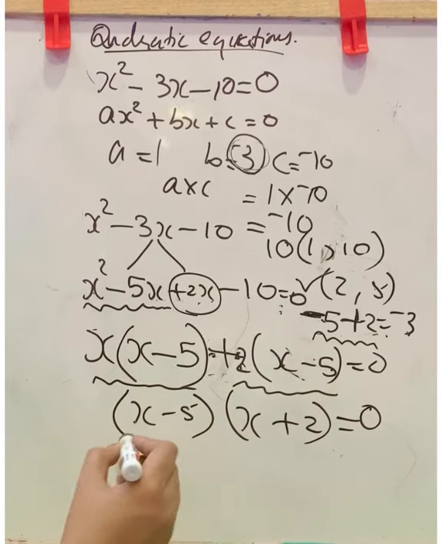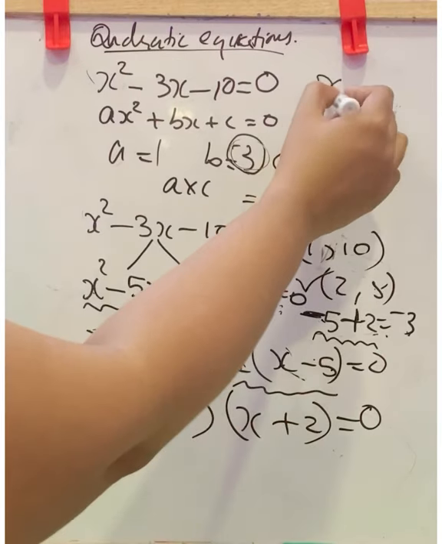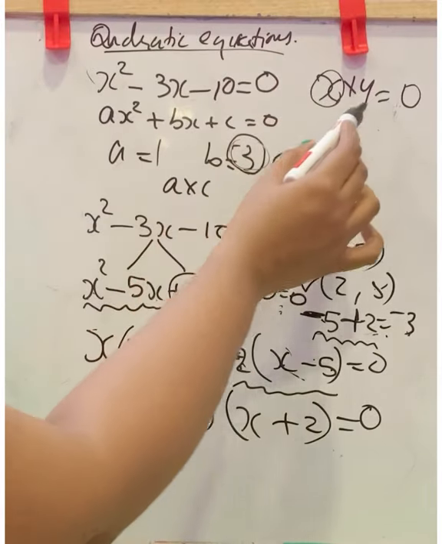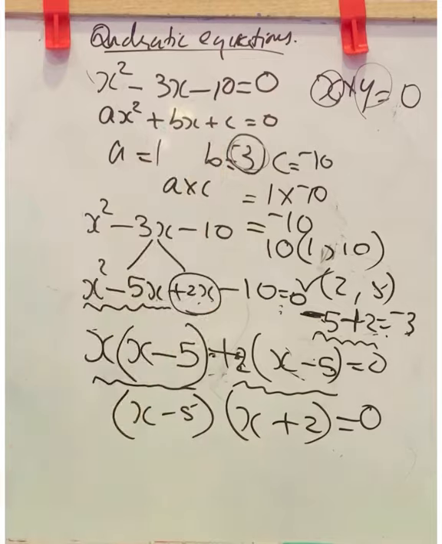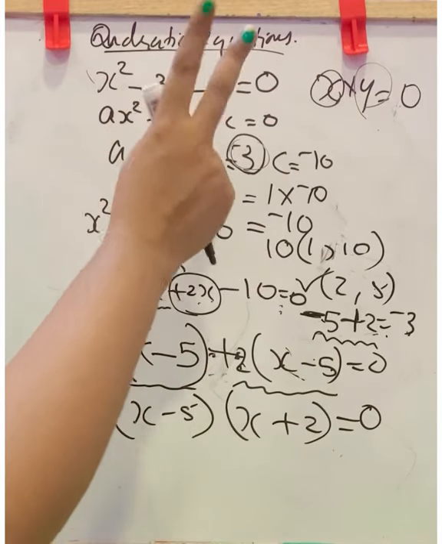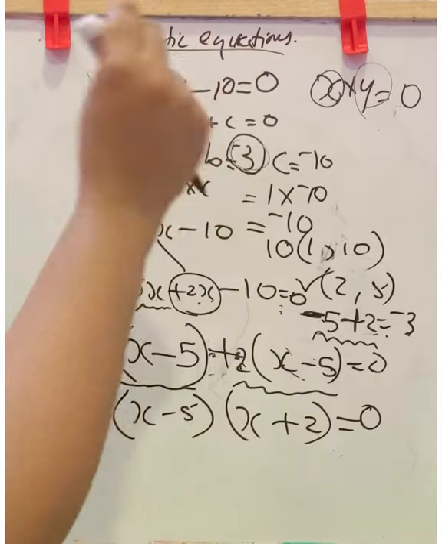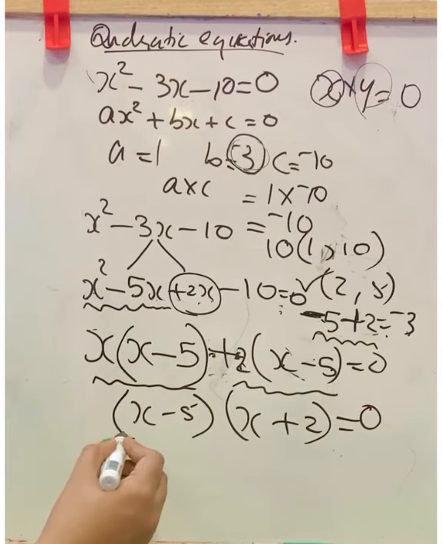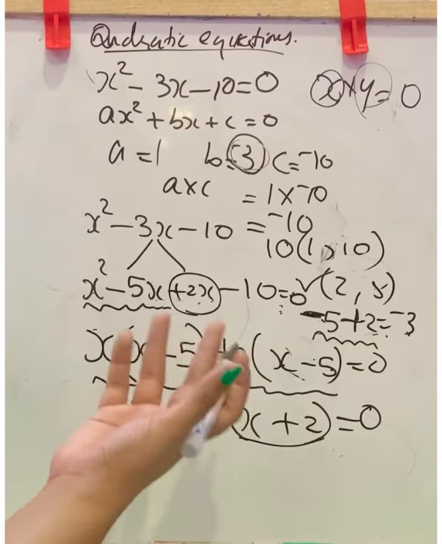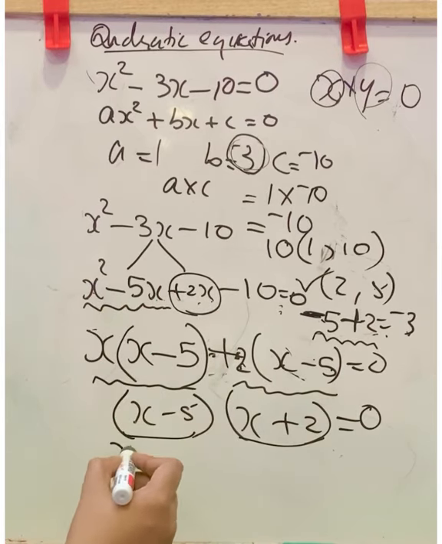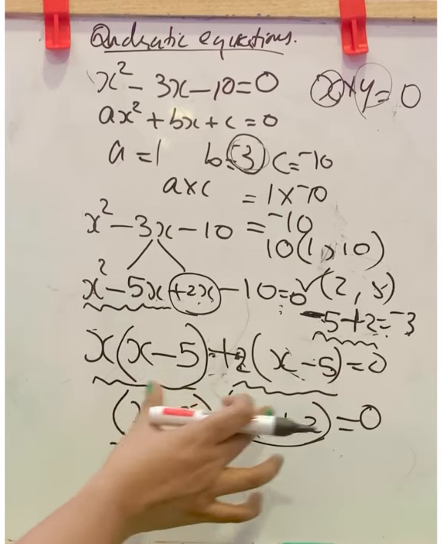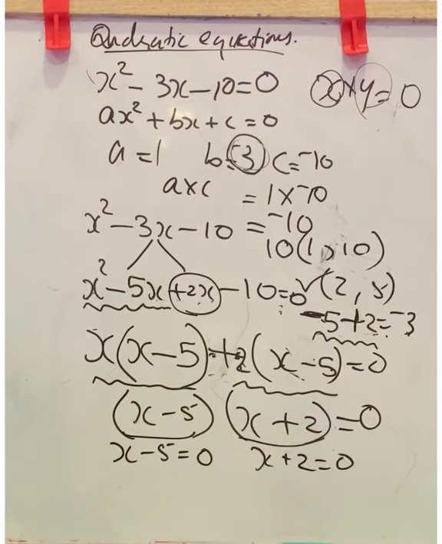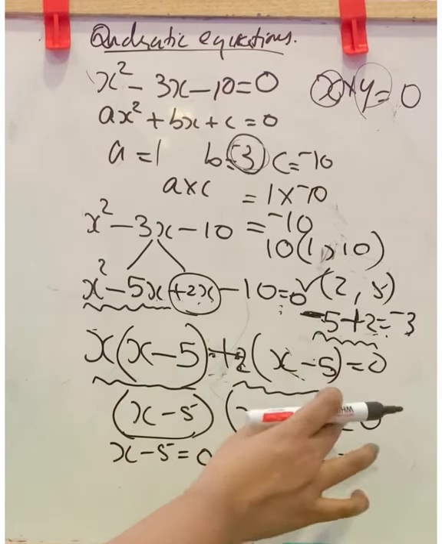That is, first this, what is this meaning? If x into y equal to 0, what does it mean? It means either x is 0 or y is 0, because if two numbers are multiplied and the result is 0, that means in those two numbers, either of the numbers will be 0, then only the product is 0. Any number into 0, you will get product as 0. So either this is 0 or this is 0. It is not sure which is the 0. So first we will take let x minus 5 be 0, because this into this gets 0. Either this is 0 or this is 0. So we equate each of the terms equal to 0.